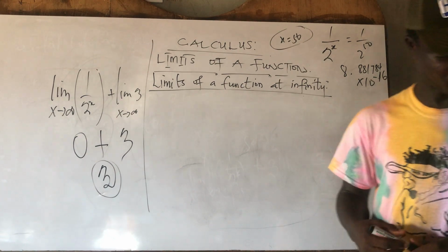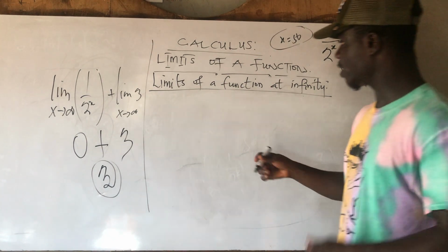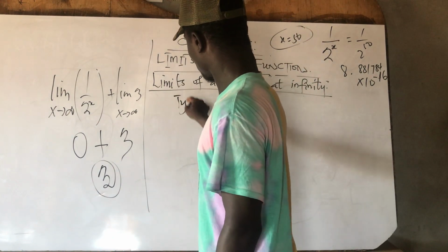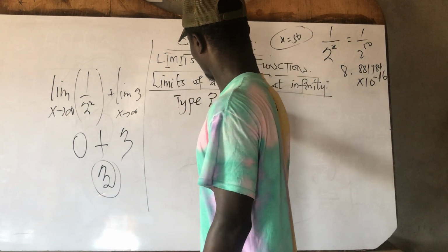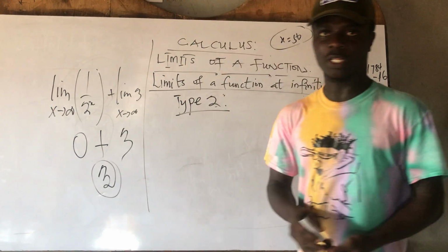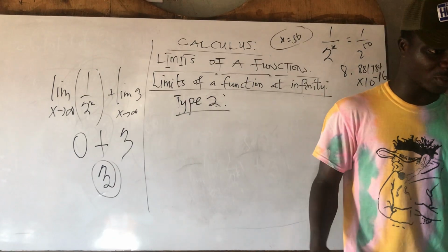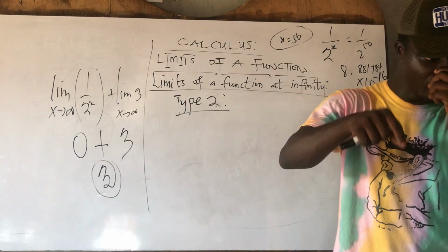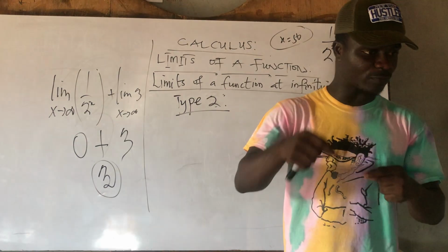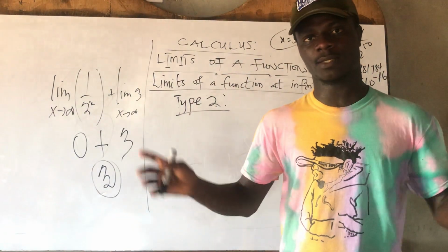So let's see the type 2. Now, we are considering the type 2 here. So what we did was type 1. So let's see the type 2. The type 2 reads as follows: when the limits of the numerator and the denominator do not exist,